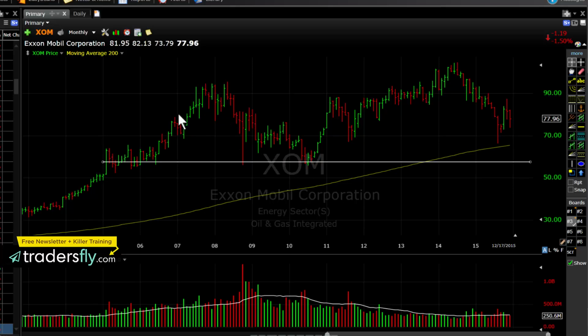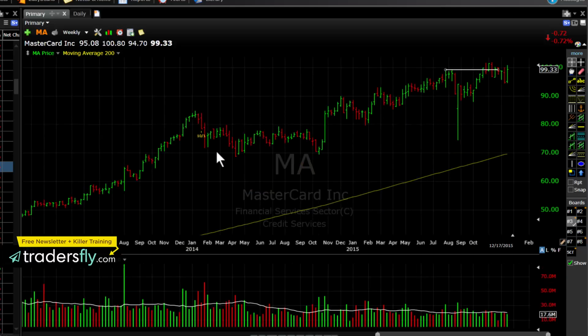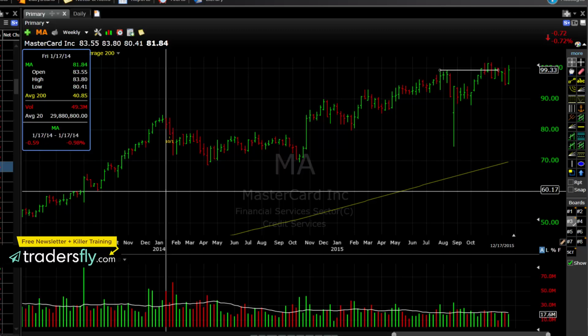So what happens here is when we start reading and looking at the volume, and you can do this on any stock really, and let's just take a look at any kind of stock, company, whether it's MasterCard, whether it's Apple. You can see here we have down volume bars that are fairly huge relative to the average,